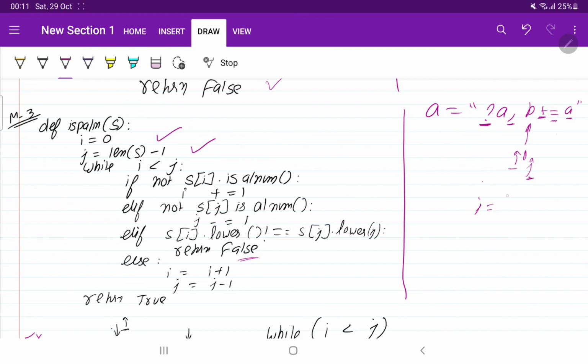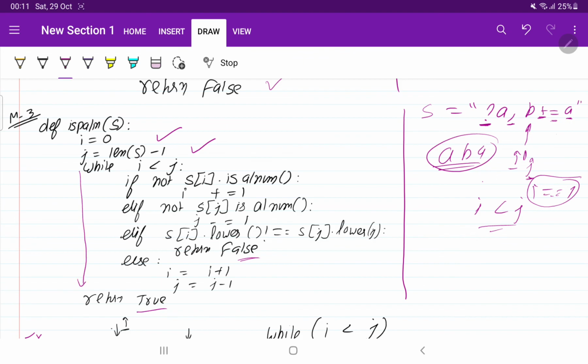Our while loop condition is i less than j, so as i equals j, it will not check this character, because a single character is already a palindromic string. It will come out of the while loop and directly return true. I hope you got this approach also.